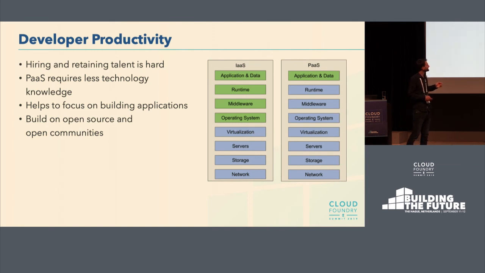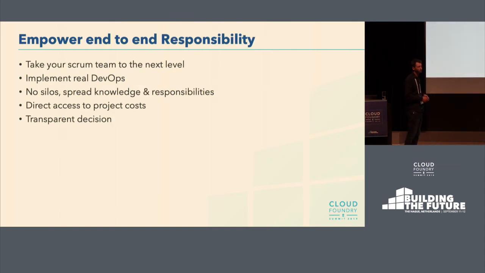Connected with this topic is the last one we'll be talking about today, to empower a real end-to-end responsibility within your team. Because now is the big time when you're going from IaaS to PaaS, that you really have less stuff to do, and your team can from end to end take over all the tasks: from development to testing to deploying to operating. This is now all significantly easier when you're on a PaaS level and on Cloud Foundry, and will help you also to organize the team properly.